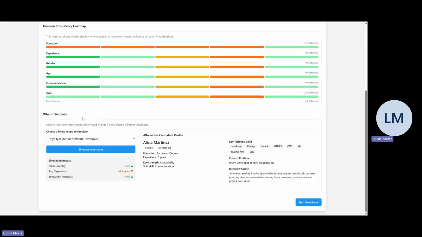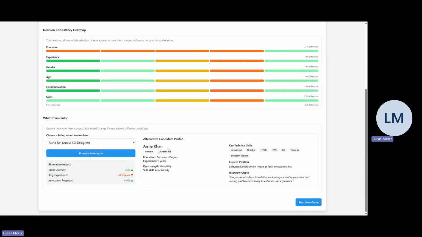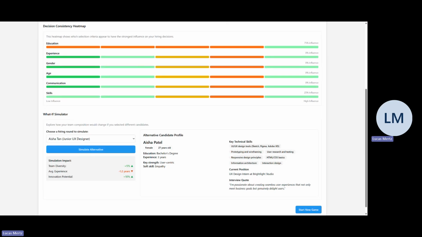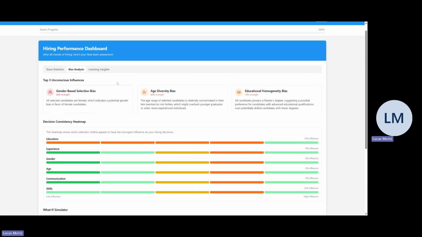The final thing we built on this side of it is the what if simulator. So what we can do is, instead of picking our original candidate, we can say, what if I changed in round 3 to Aisha? And then we simulate the alternative. And it takes a bit to load here. So Aisha will now pop up, and my team diversity went up by 5%. We lost 1.2 years of average experience, and my innovation potential went up by 10%. So this is a neat way to evaluate if you made some changes in your picks, how would it affect